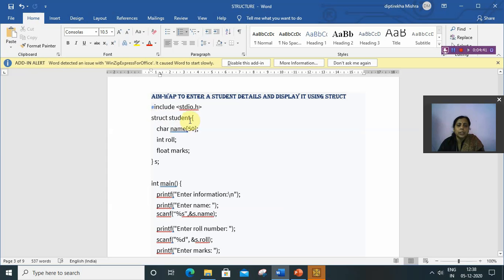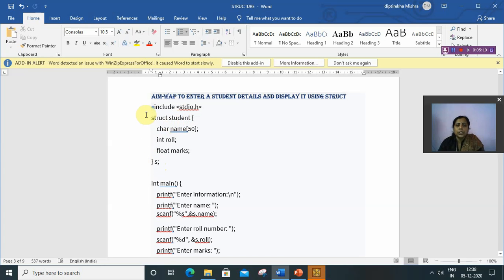Actually student will behave like a data type because structure is a user defined data type, and student will be the new data type and s is the variable of that data type. Like for example, int a. Int is a data type and a is a variable of integer type. Like that, student is a data type and s is a variable of student data type.